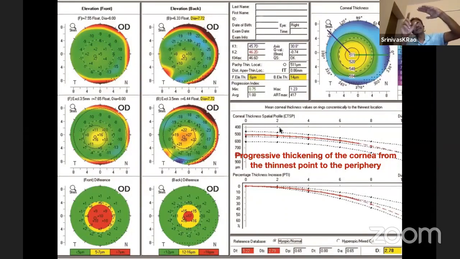But imagine now in a keratoconic cornea, the thinnest point is not at the center, it is more in the inferotemporal periphery. And the thinnest point can go down to 400, 380, 420, something like that. So from there to the peripheral 720, there is a much more rapid increase in the thickness profile. That is all this is trying to detect. And what we are seeing here, these two lines are the 95% confidence intervals, plus 2 standard deviations and minus 2 standard deviations. In an abnormal cornea, it will tend not to follow the normal pattern. So this is about the CTSP.